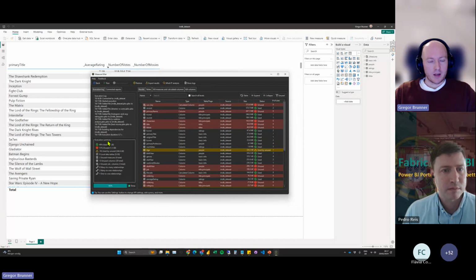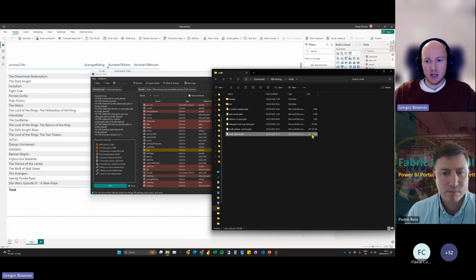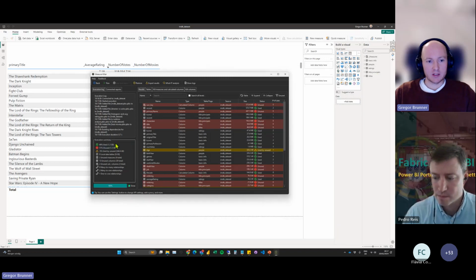So this summary, I think it's a good point to start. We can see immediately how much of our model size, and here you can see we have more than 2 gigabytes, because here we have the compressed size of our model in the PBIX. It's compressed, and here we see what is in the VertiPaq. This is the uncompressed size.